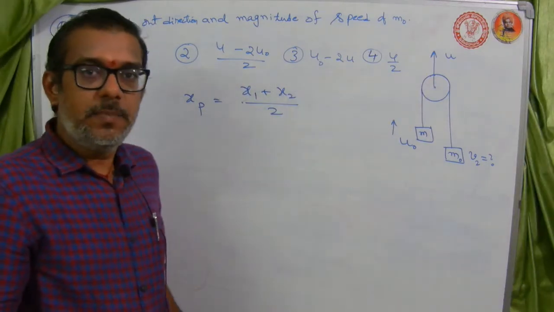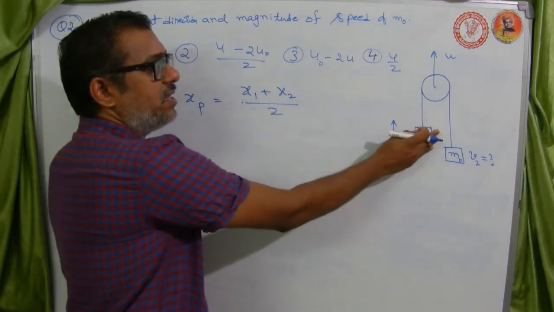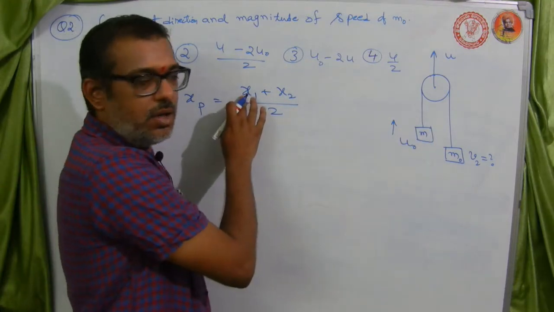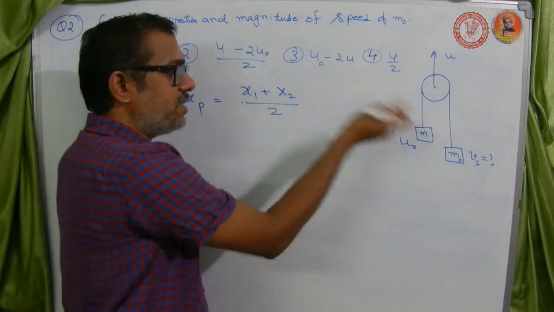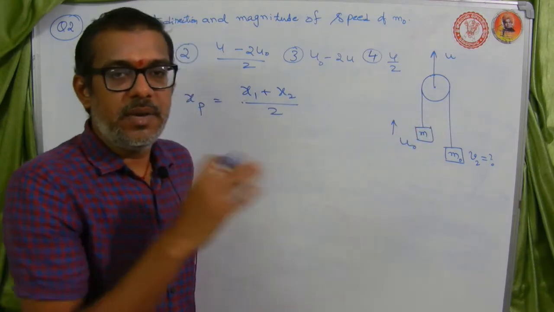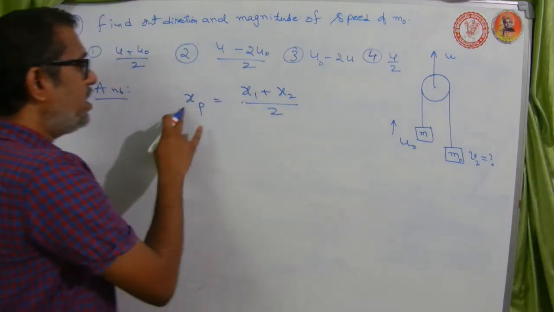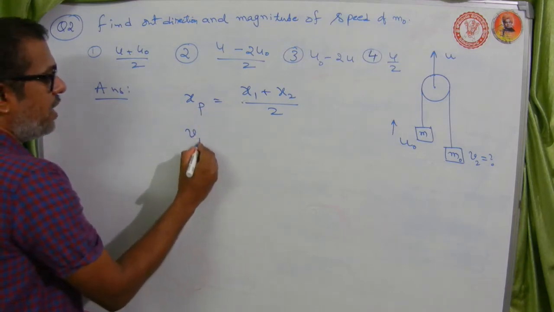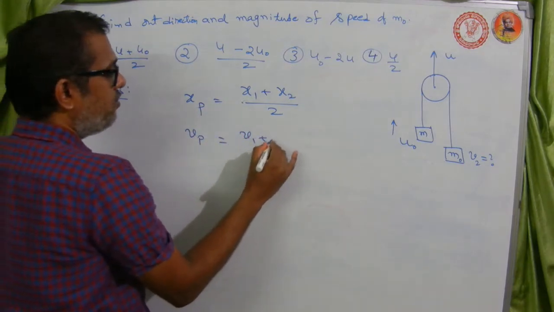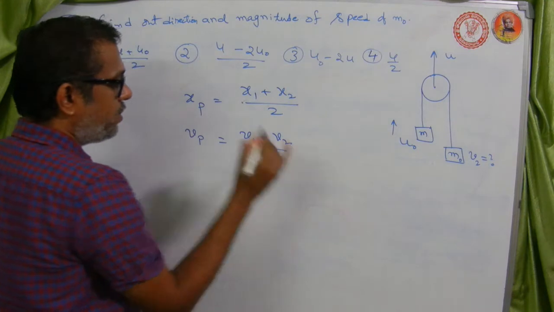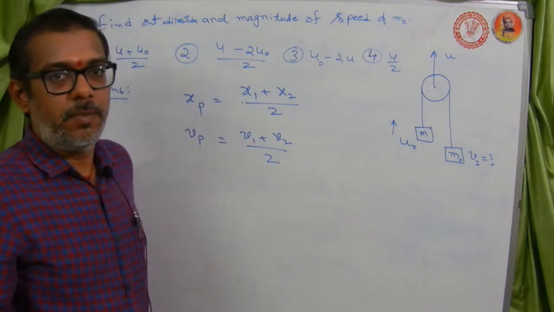That's it. If one side is fixed and not moving, then you can take x1 as 0. If only the other side is moving, then only x2 matters. You can imagine it like that in the given problem. Upon differentiation, we get the velocity of the pulley equal to (v1 plus v2) by 2. This is the formula we have to follow in the given problem.